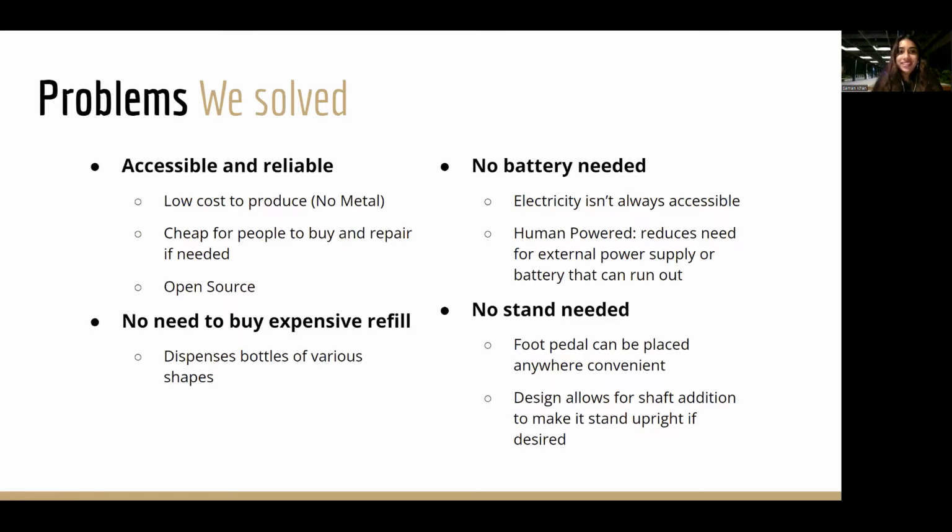Our product has advantages over other dispensers on the market. First, it's accessible and reliable. It's low cost to produce. There are no metal parts required, and most of our build is 3D printed. We plan on making our design open source, which will make it easy and cheap for users to repair if